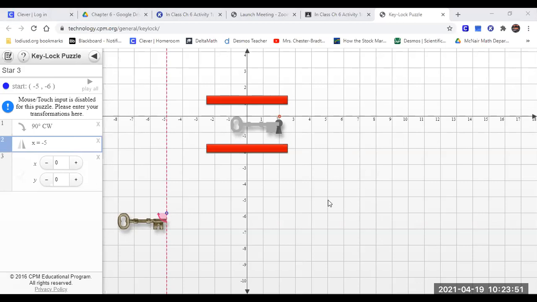Okay. So could I slide it? Remember, left and right comes first. So if I go right 7, up 6,